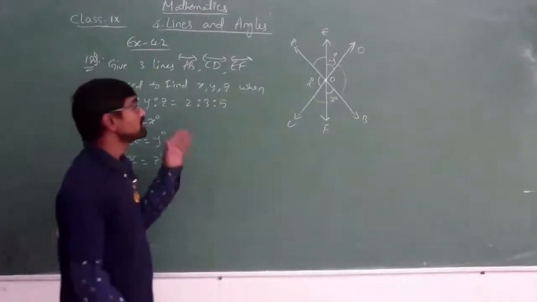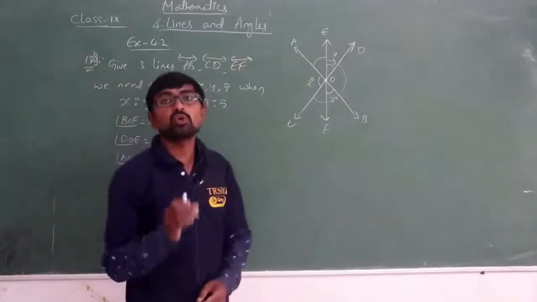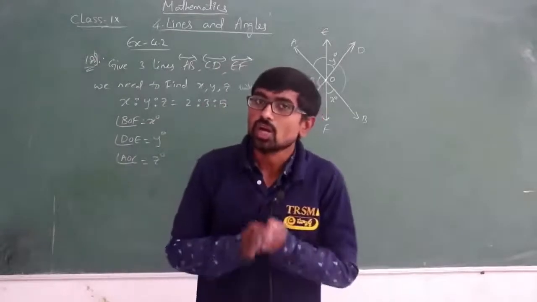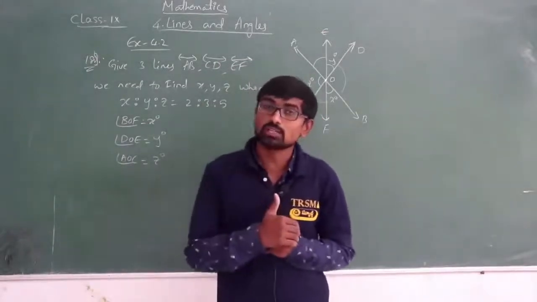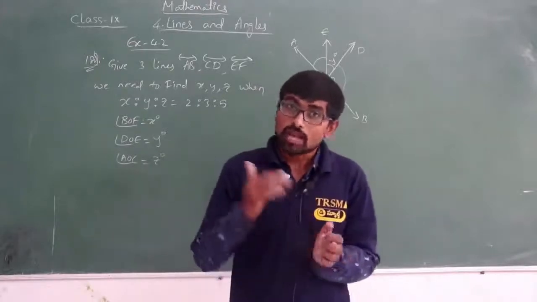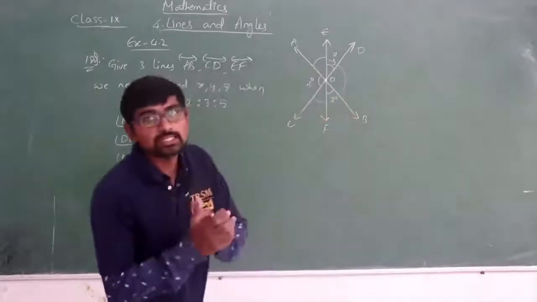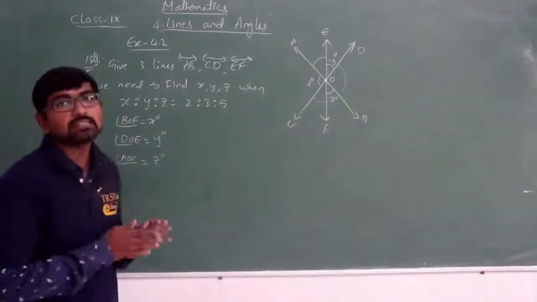Okay, the ratio between these 3 angles is 2:3:5. It means that we don't know the actual value of the angle, we have just known about the ratio. We have already discussed what ratios are, and we also did one problem on ratios, isn't it? So we don't know the exact value of the angle, so that exact value I will be taking as